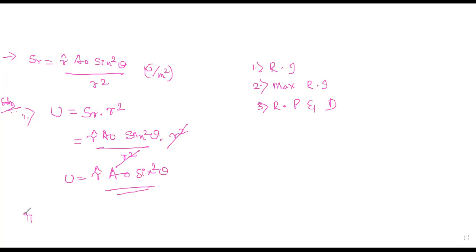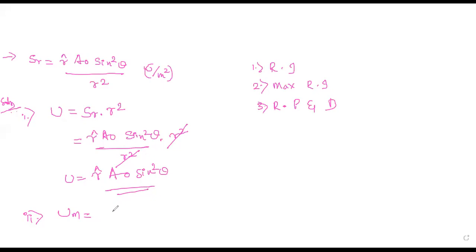The second thing is you need to solve maximum radiation intensity, which I'll take as UM. How to solve it? You have U given. You need to find out what is maximum radiation intensity. What can be done? This is a value of U. How can you take its maximum value? By integration? No, not integration. Taking theta as maximum. What is the value of theta here so that it will become maximum?